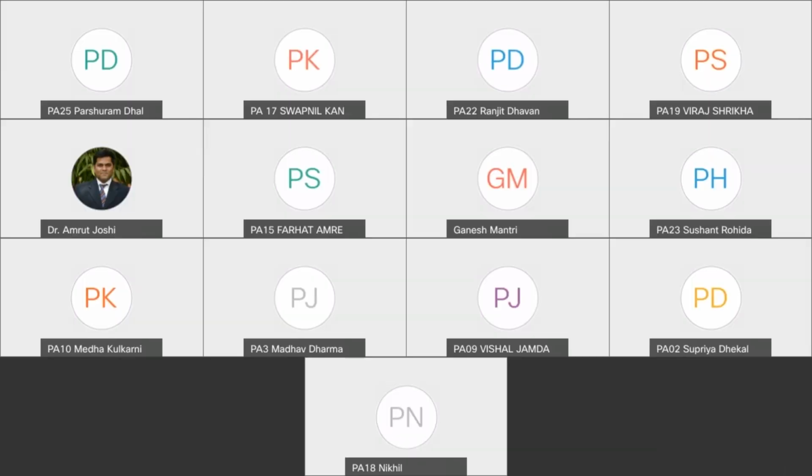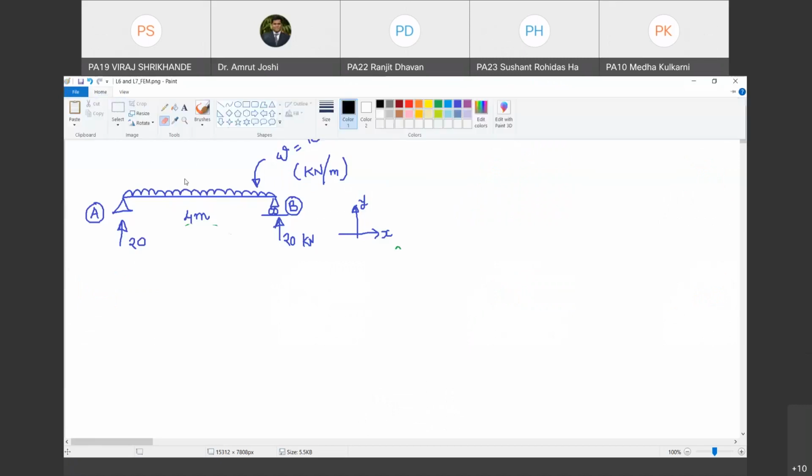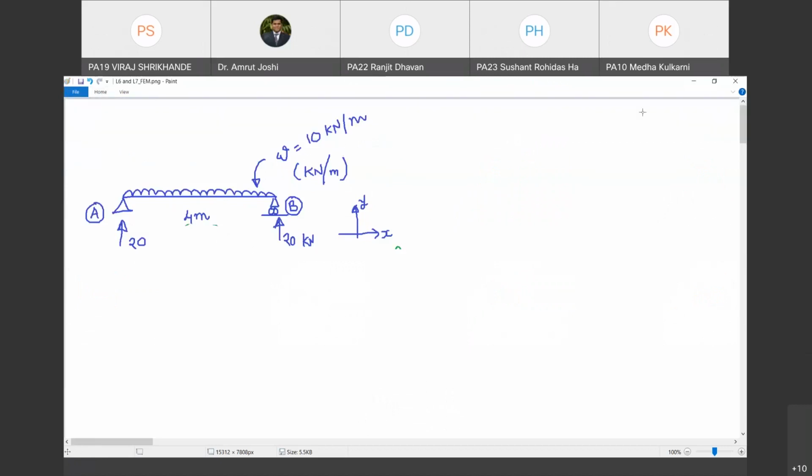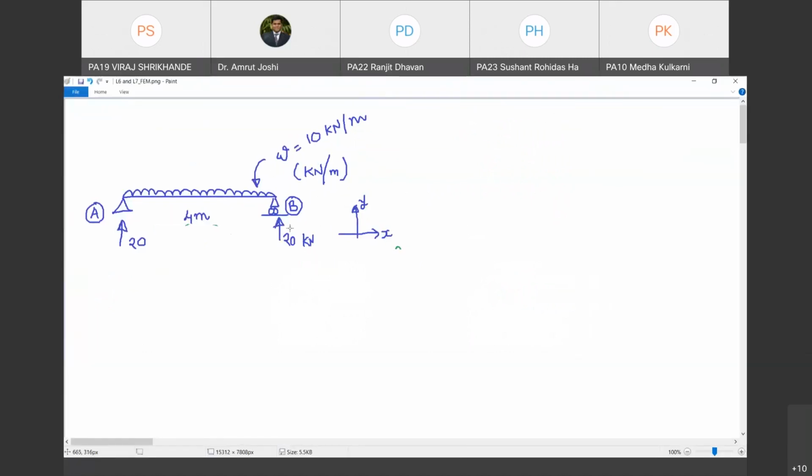So today we are going to extend the principle of minimization of potential energy to solve the same problem that we had solved in earlier classes, but by using direct integration method, where we had the governing differential equation for this beam, and then we just integrated that fourth order ordinary governing differential equation 4 times. We applied 4 boundary conditions, and then we obtained the equation of deformed shape.